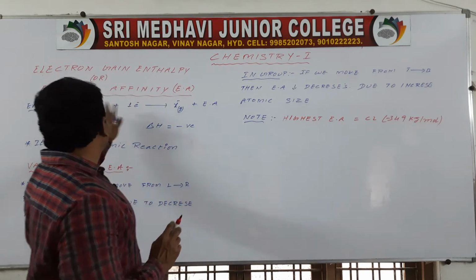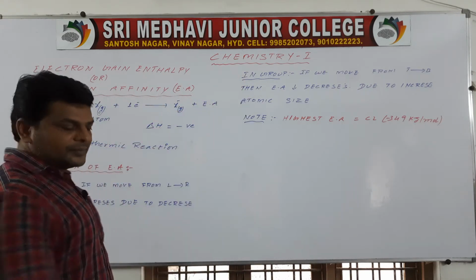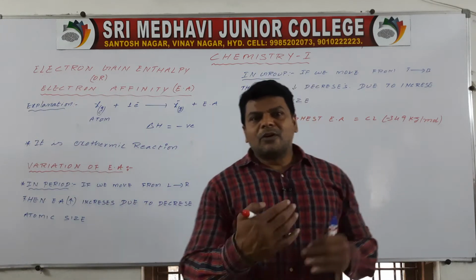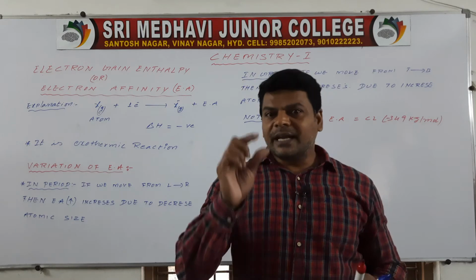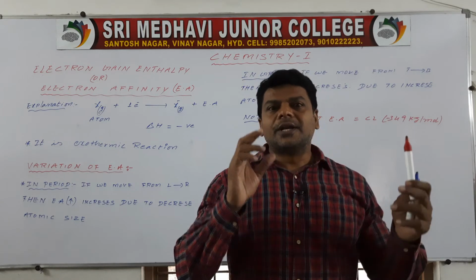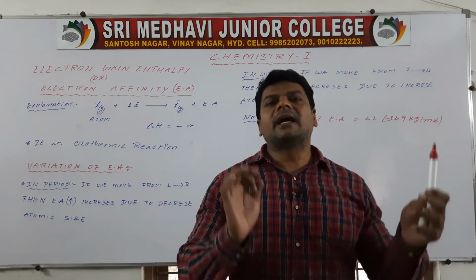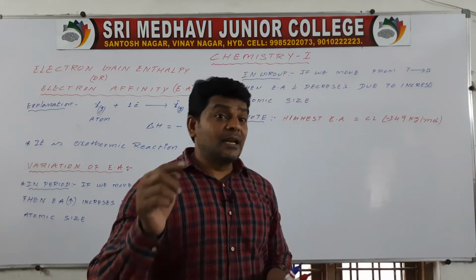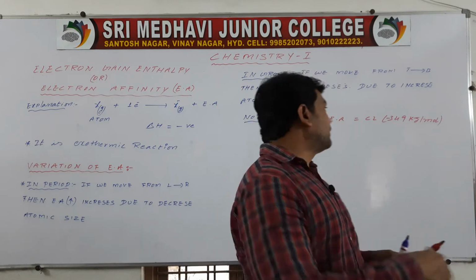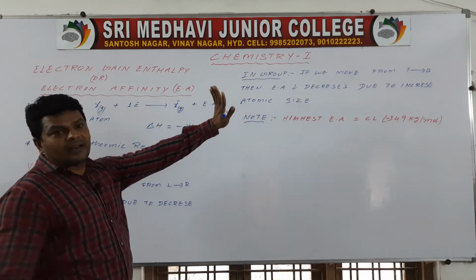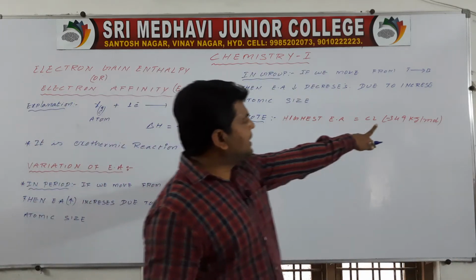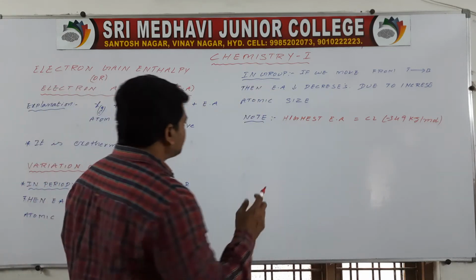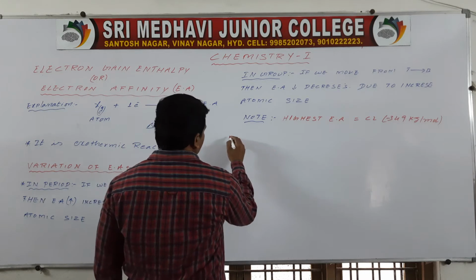Understand? This is briefly electron affinity. What does electron affinity mean? The amount of energy released when an electron is added to the valence shell of a neutral gaseous isolated atom is called electron affinity, which is measured in kilojoules per mole or kilojoules per atom. Then next one is